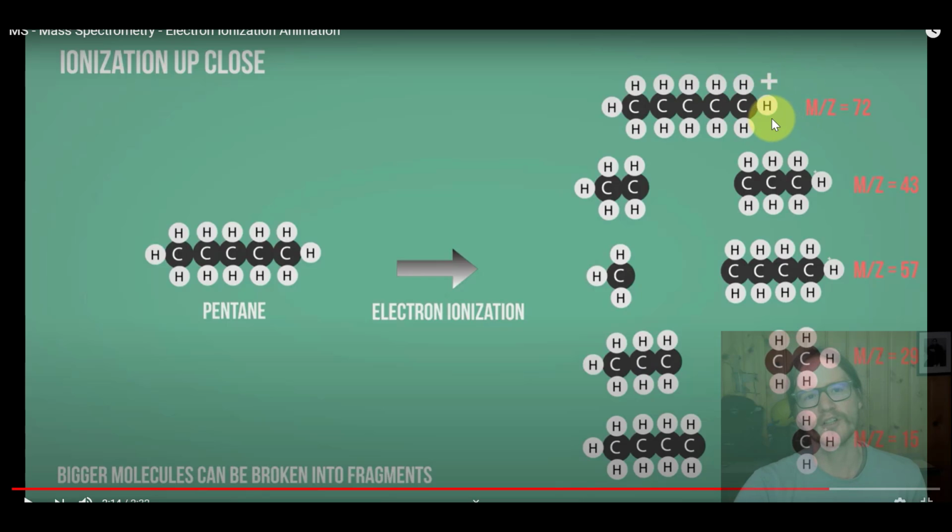And so it starts to undergo some pretty interesting gas phase chemistry, because that carbocation is no longer stable. And so it starts to collapse and fall apart into various fragments. What's interesting about